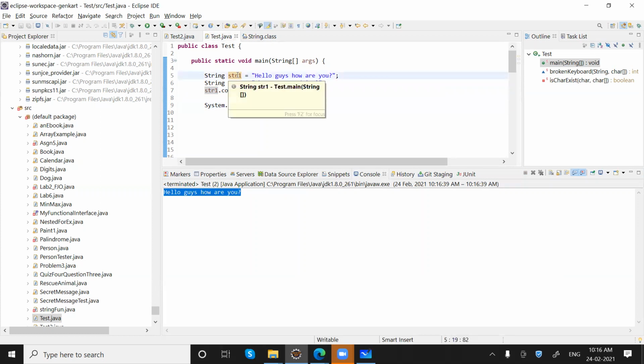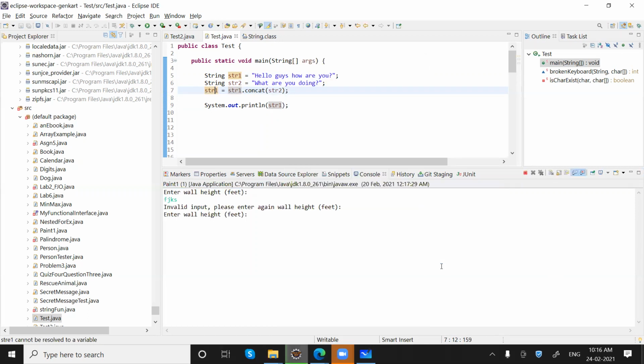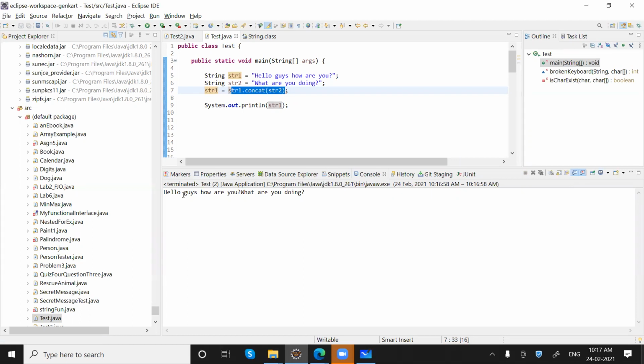Until we tell it to keep the updated content in this string, it will not update inside the string. Getting my point? str1.concat(str2) makes "hello guys, how are you, what are you doing", but it doesn't update. It gets updated when we initialize the updated content using the assignment operator. Make sense?